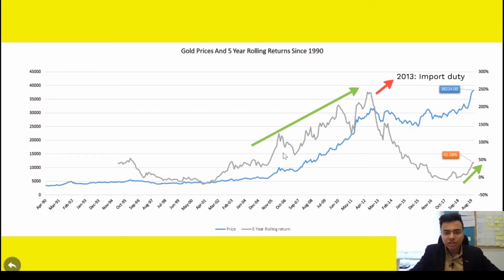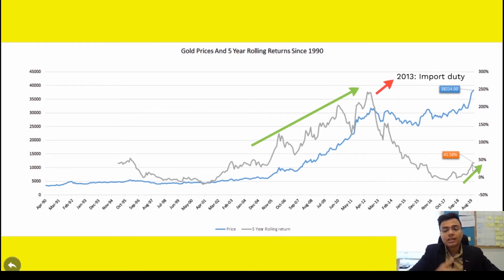So let's come back to the chart. If you see the rolling returns, the returns are pretty handsome till 2013. See the rise. It's very good, right? But from 2013 onwards, the returns have not been so good. Rather, they have been bad. Why? Because one reason is that from 2013, we had import duties and that impacted the demand and all that. But here, if you see, there is a trend. So things are improving for the better. And a lot of people are showing interest in this commodity, in gold, what we call a precious metal.